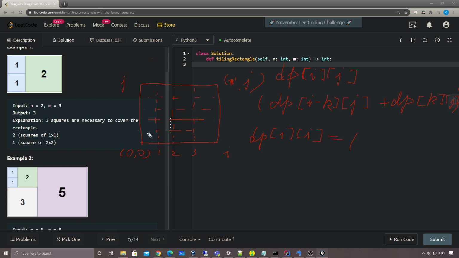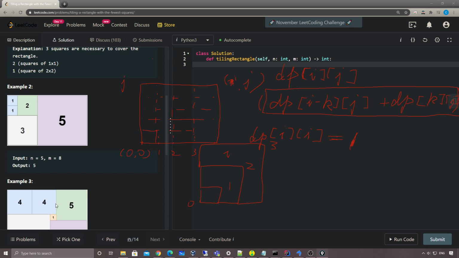Basically it means that if it's a square, like 1 by 1, 2 by 2, and 3 by 3, whenever we see that i and j are the same, then we know all we need is just 1. This 1 is our base case for the case that i is equal to j. With this base case plus this dp state transition function, we can easily get our final result,